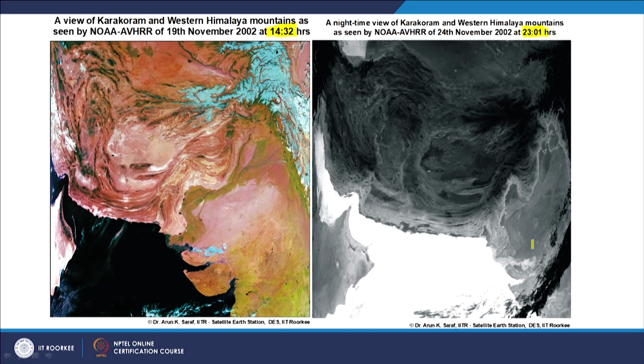NOAA satellites have it, and your Landsat and the OLI series also have it, but normally they do not acquire data in night time, only daytime thermal data is acquired. But in case of NOAA AVHRR, nighttime data is easy to acquire because it covers a wide swath, and sometimes it is very useful. We have been using this thermal data for various purposes, especially in the detection of pre-earthquake thermal anomalies.